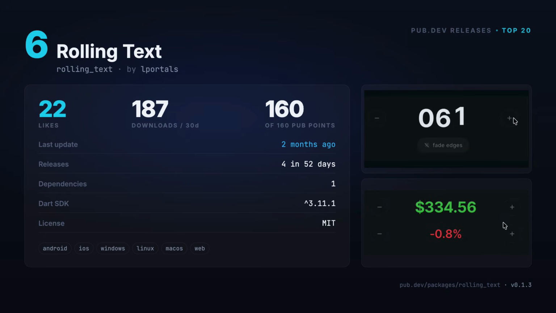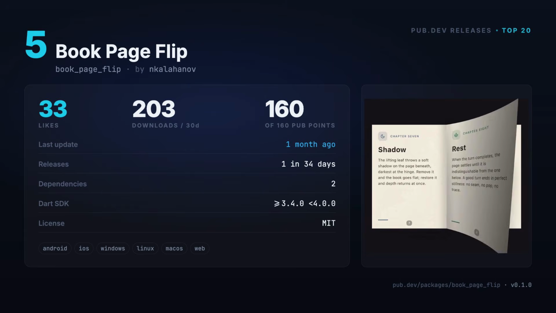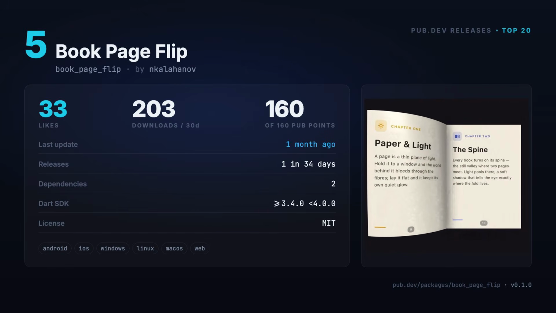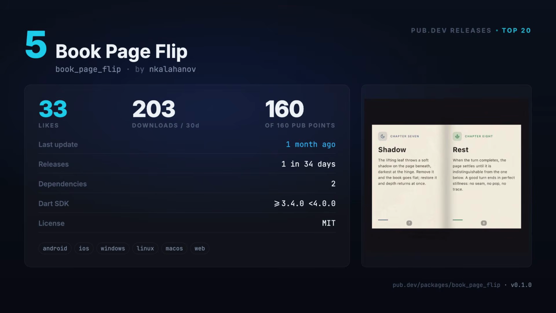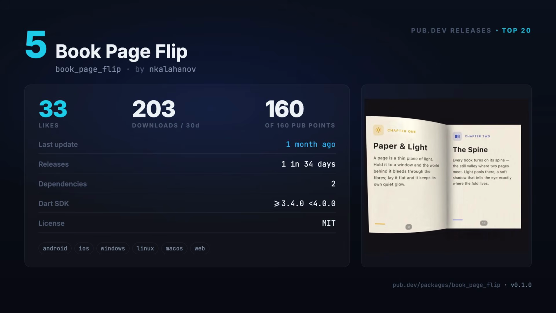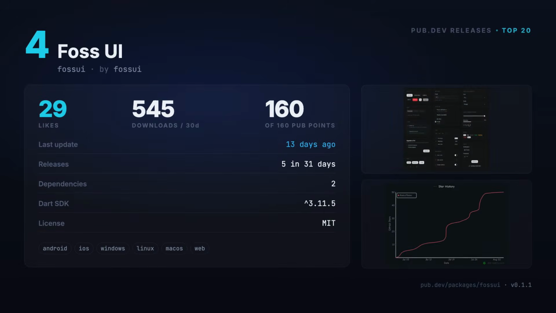direction-aware number rolling, chromatic tints, and built-in loader loops. Number 5 is called Book Page Flip, a smooth open book page turn widget. Drag or animate pages with a realistic 3D page curl, a soft shadow, and a natural feeling turn. Number 4 is called Foss UI, a fresh and minimal Flutter UI kit themed from one source and inspired by